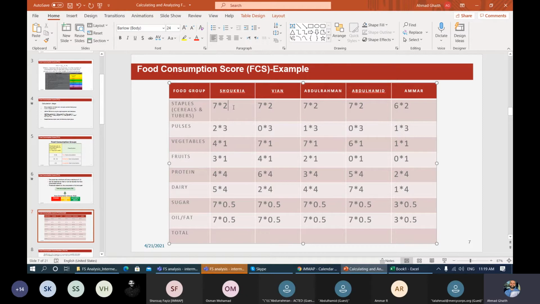It's a little harder here, but we'll do it for Shukriya. If you guys have been doing it, okay, so Shukriya has a score of 7. Does anybody know what Vian's score is? This is Vian's score. We also want you to calculate along with us. You have the data, so calculate so we can see the total together. Here we are teaching you this course, how to calculate food security indicators, okay?